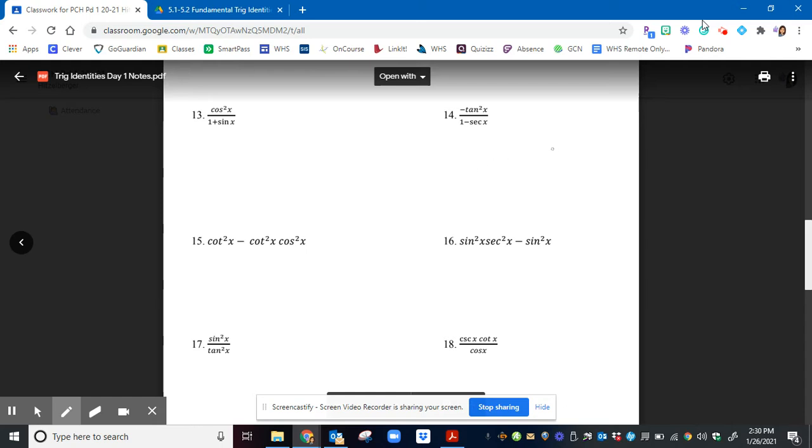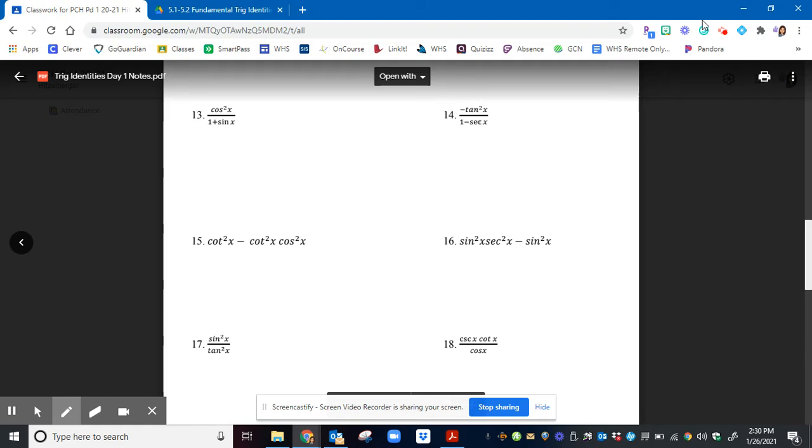So here we go. We left off on number 13, and number 14 is very, very similar to number 13. So we want to make sure that you guys know how to do this one. So I'm going to go over it one more time and make sure that you guys know how to do this. Okay, so we'll take a look and we realize that tan squared and we have a secant,